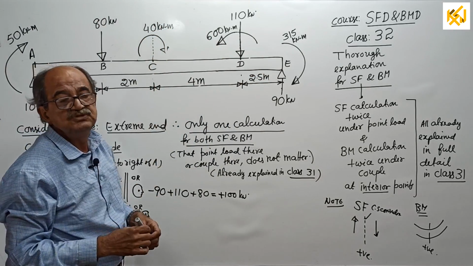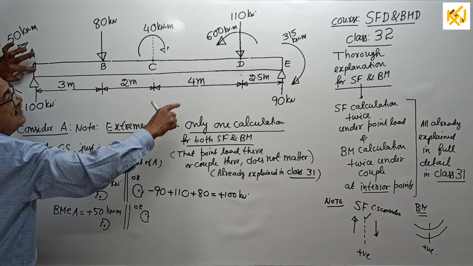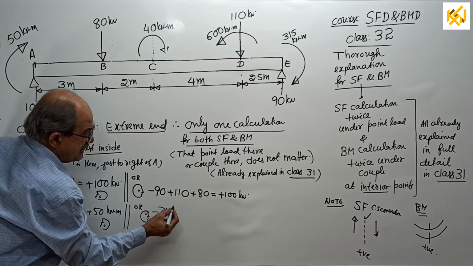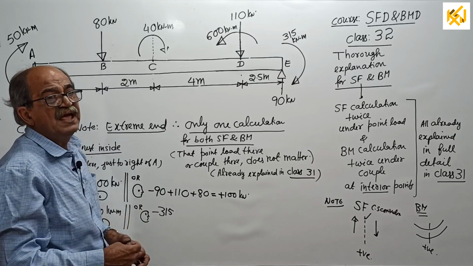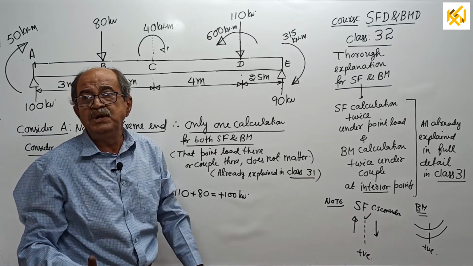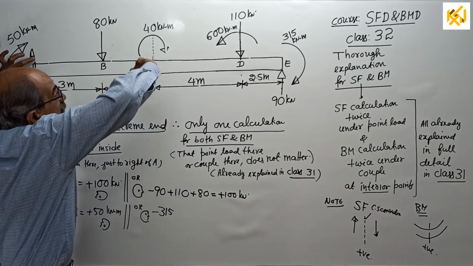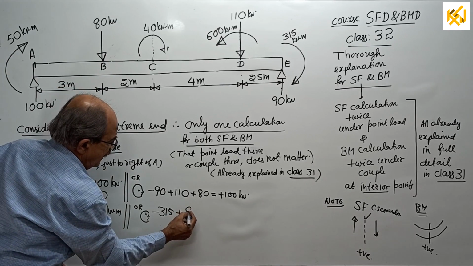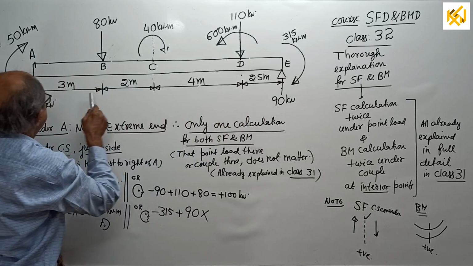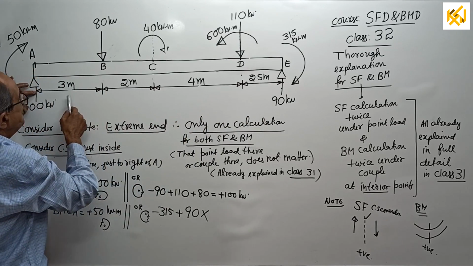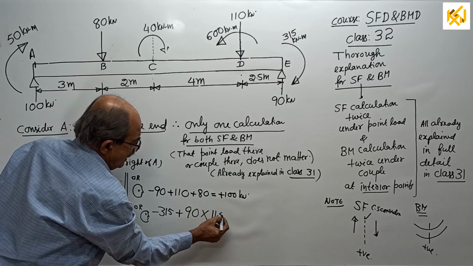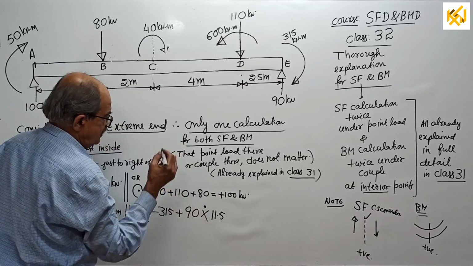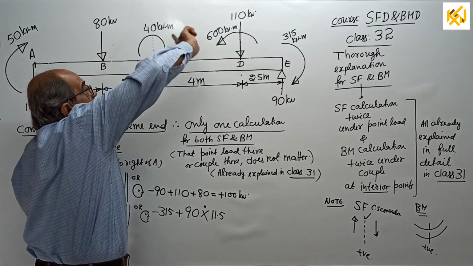Now I will not tell. Okay, start. Look that side. Means, see there, minus 315. Nobody should ask why minus. And for a couple, there is no distance. Earlier I used to write big letters, I will write no into. No, I am not telling that way. It is minus 315. See, plus 90 multiplied by this distance from here to there, it is 11.5. I am not going to write this dot I thought first. But today last I will write dot. You know what is the meaning of that dot. Then minus